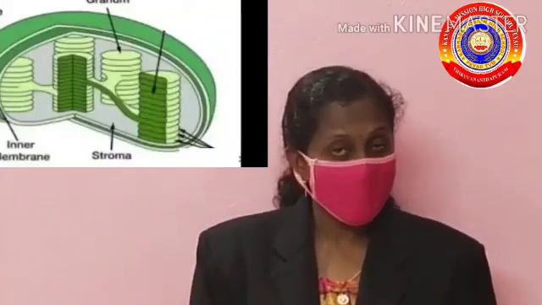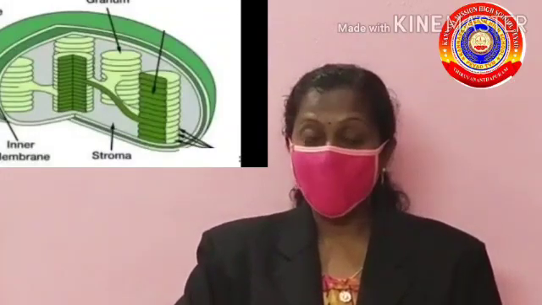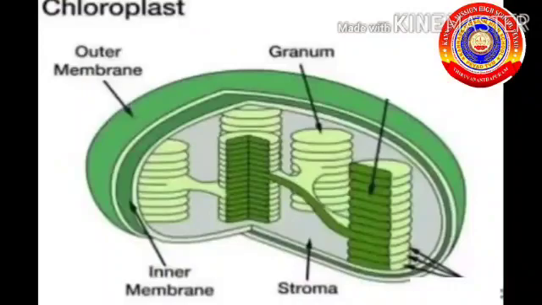Our first chapter, Protectors of Biosphere. I hope you all have completed your work. Last day, we discussed the structure of the chloroplast, which has a fluid part called stroma and membranous sacs arranged one above the another, which is called grana. Today we will learn how the plants prepare food and oxygen during photosynthesis.